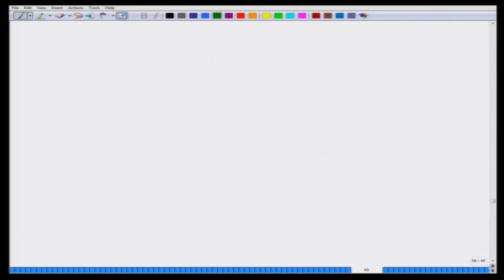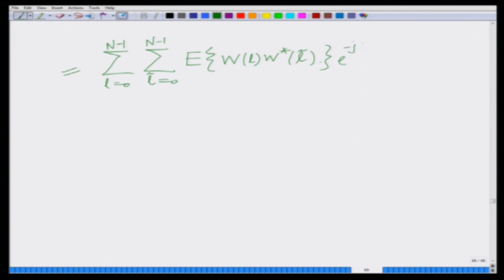Therefore, I can simplify this as the double summation of the expected value of w(l) w conjugate l tilde times e to the power of minus j 2 pi k (l minus l tilde) divided by n,